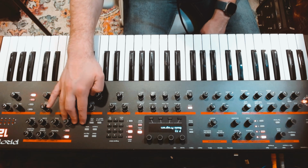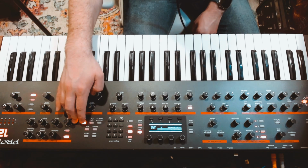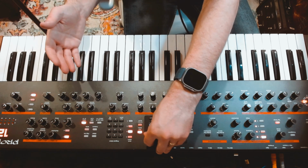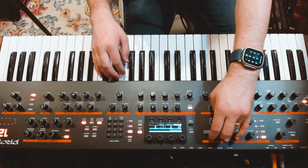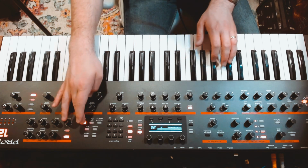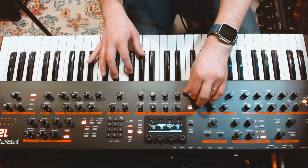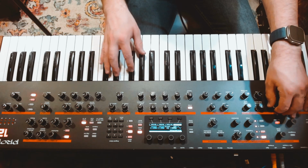And so let's just start off by stacking the 2 layers. And I think I'm going to have to copy A to B just to make sure we're kind of on the same page. And I'll do the same thing where for oscillator, or for A, I'm going to pan that hard right or left. And then for B, I'm going to pan that hard right. All right, so then let's...